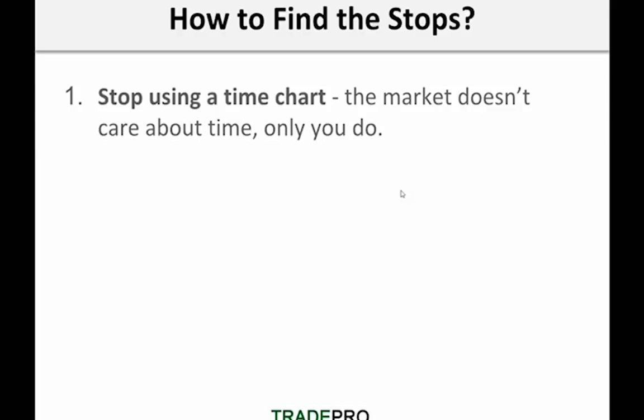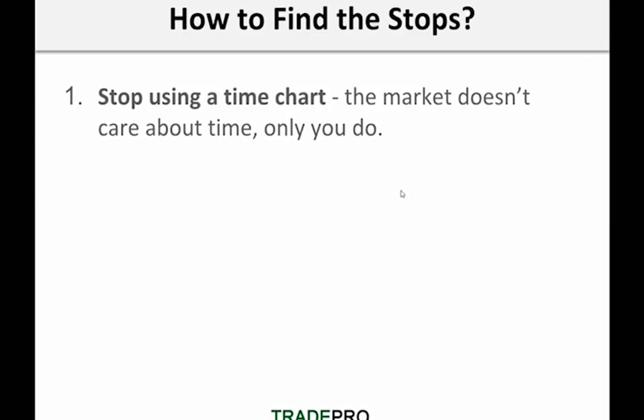So I'll give you guys some research to get started on. You need to look at a tick chart, a footprint chart, a reversal chart, even a point and figure chart works better. A 5-minute period where only one contract's traded, which will never happen, is not the same as a 5-minute period where 1 million contracts trade, which probably also doesn't happen very often. Those are 2 dramatic examples. But what I'm trying to get across is it's not the time, it's the price and the volume. That's what you're comparing. Time is irrelevant.